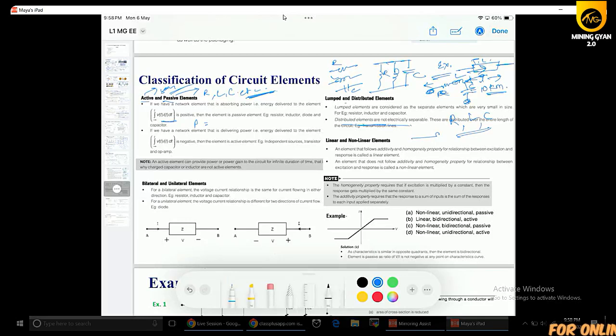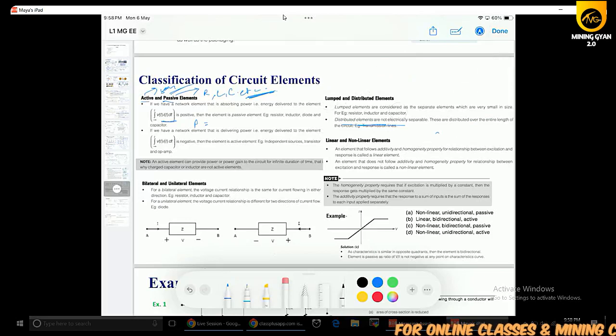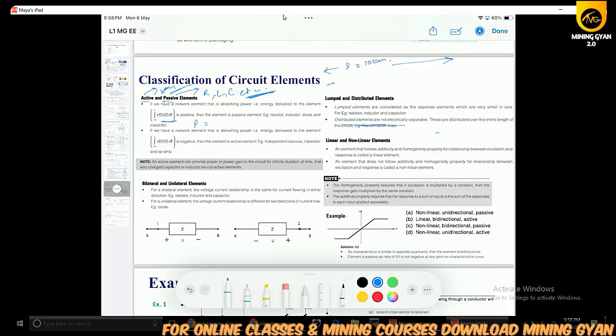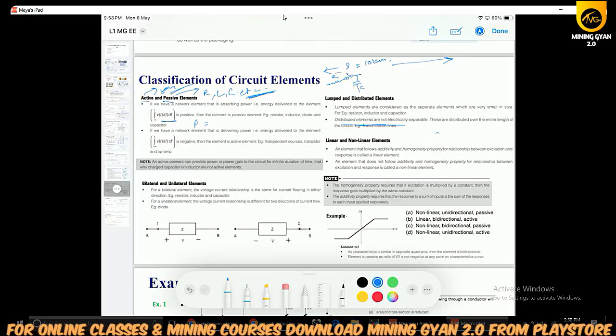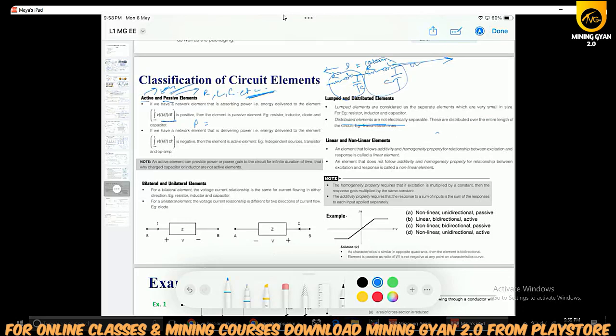So we have to consider a particular section of a transmission line. Means how to model a transmission line? Let us say this length is 10 kilometers. So we have to consider a particular section like this, and then this is a particular section. Again, we have to go for another section R, L, C. Again, we have to go for another section R, L, C. Likewise, we have to go for the distributed elements. So this is the difference between these two.